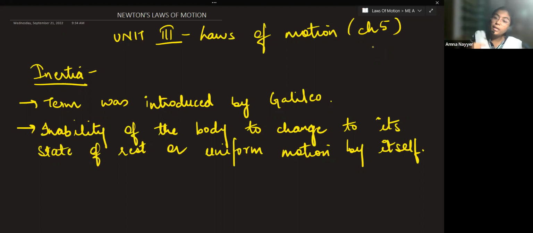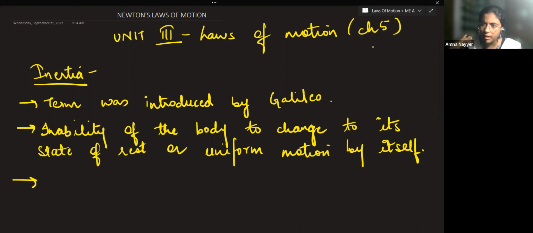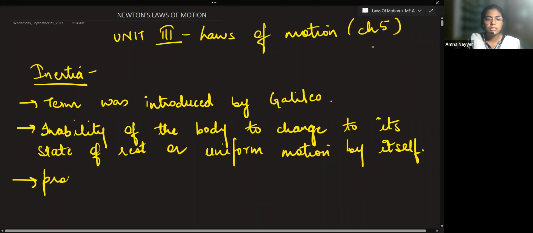And it's the property of a body, not a force, because many students confuse inertia with a force. They think that this pushing that is occurring is because of a force that is known as inertia. No, this is not the case. We have just named this tendency, this property, as inertia. So it's a property